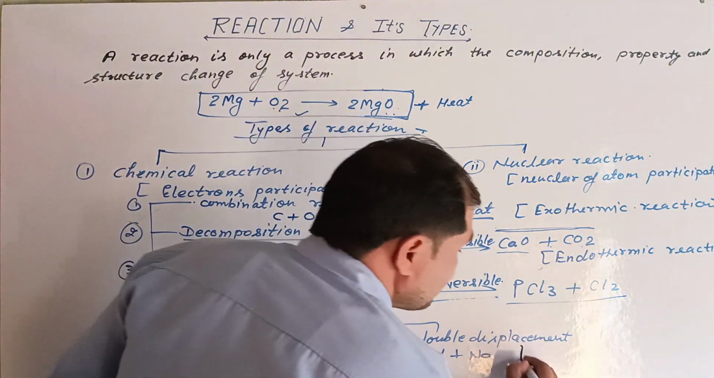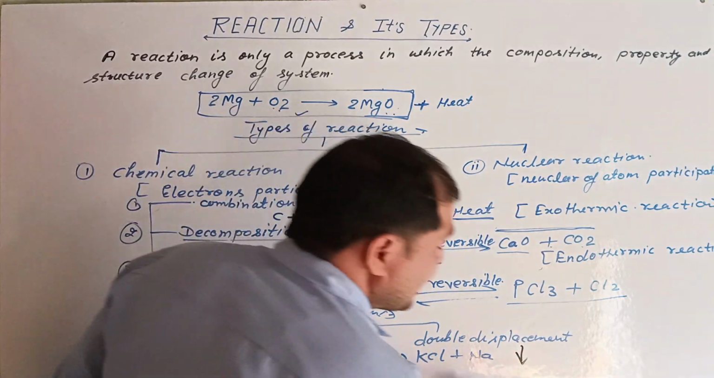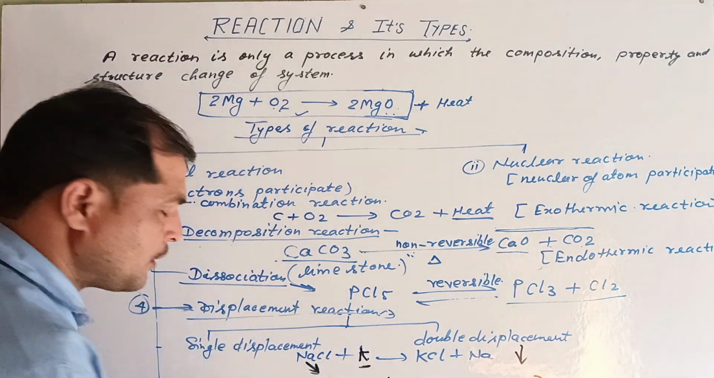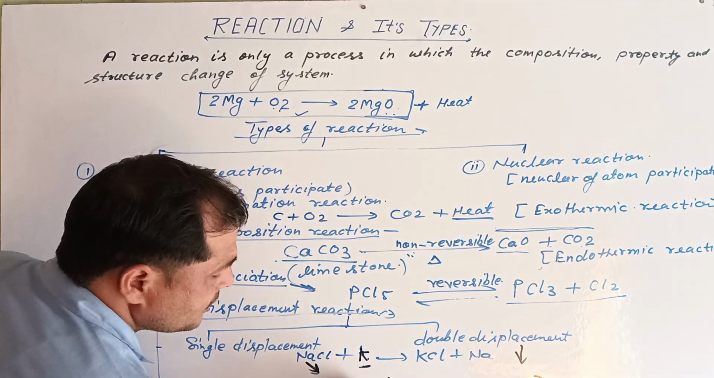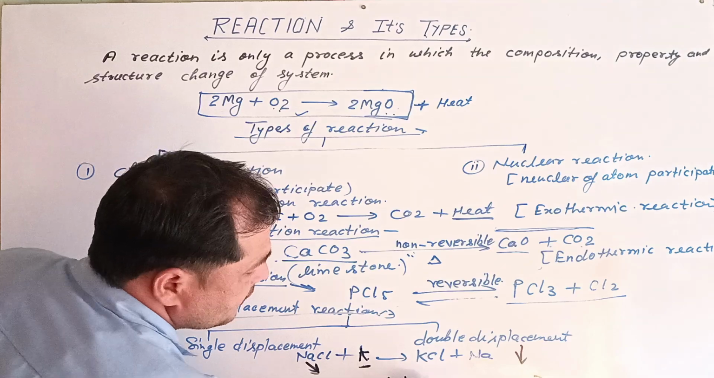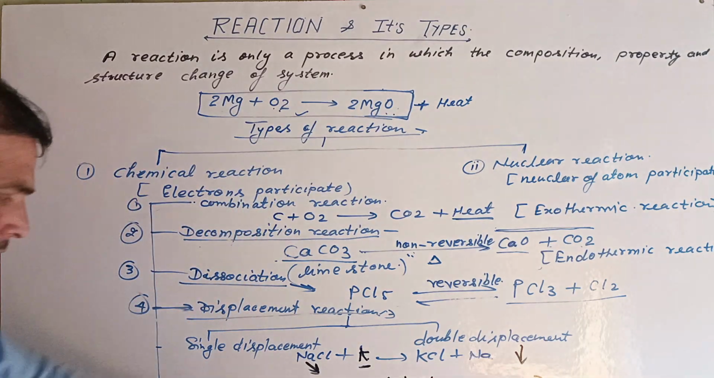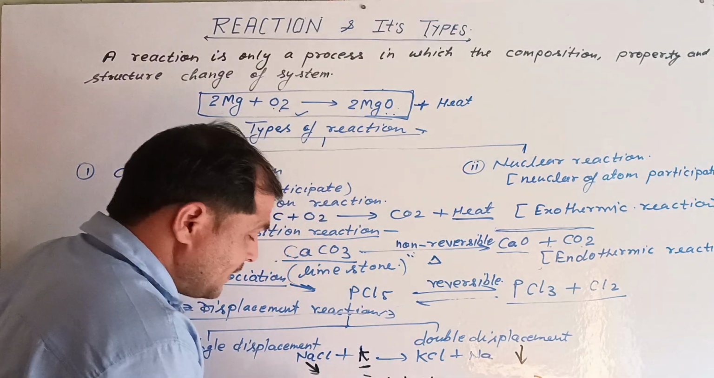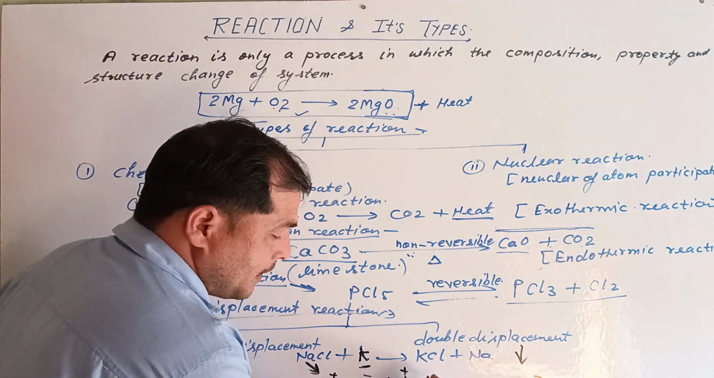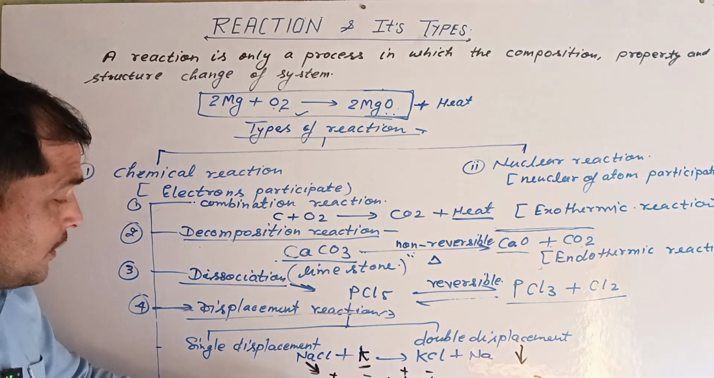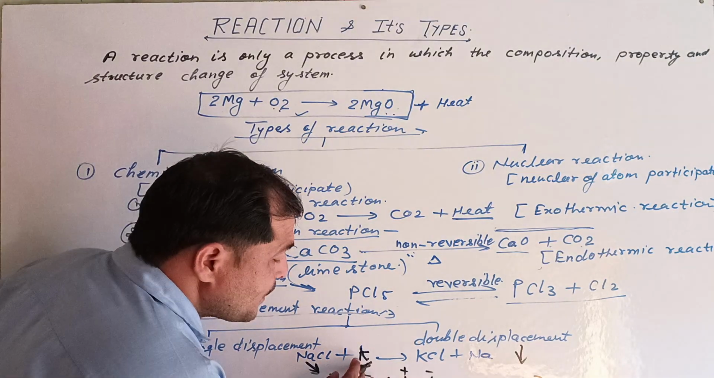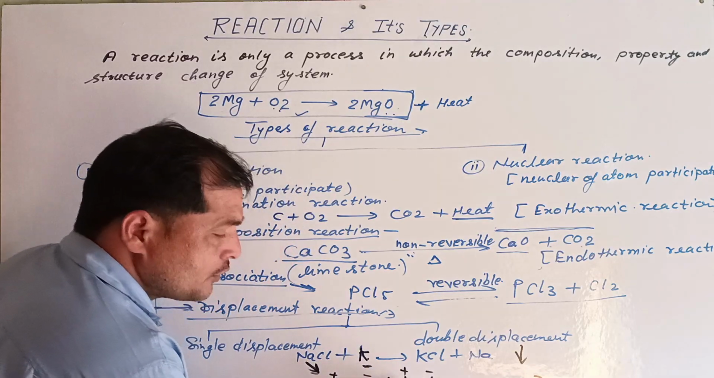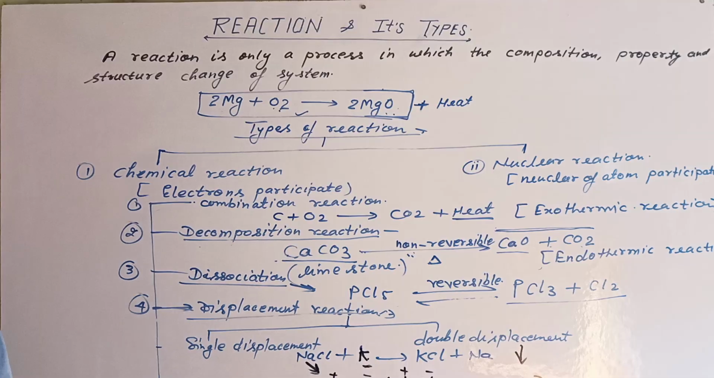And in a double displacement reaction, in the reactant part there are two compounds. Suppose that there are two compounds, NaOH plus HCl. OH is a negative ion, Na is a positive ion, H is a positive ion, Cl is a negative ion. When the two compounds react with each other,